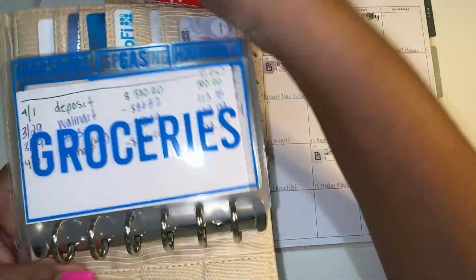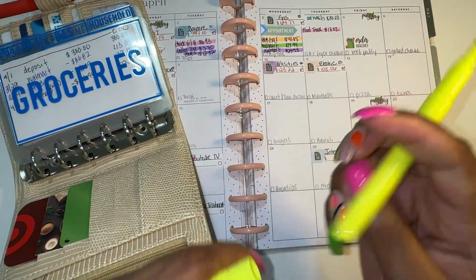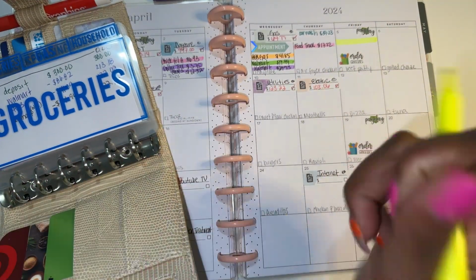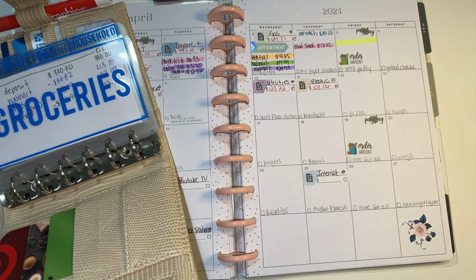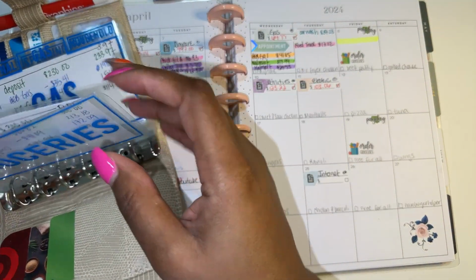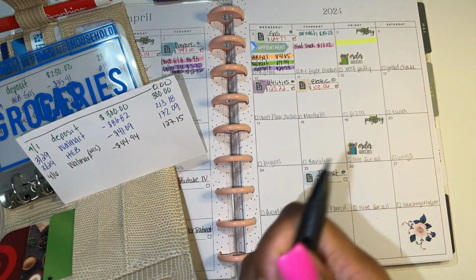So we're going to open up my wallet here, and we're first going to start off with groceries. I'm going to be using highlighters to track this, so when I'm looking at this on a monthly basis or I'm coming back later on, I can just see it on a full scale. So first we have groceries, and I went to Walmart and I spent